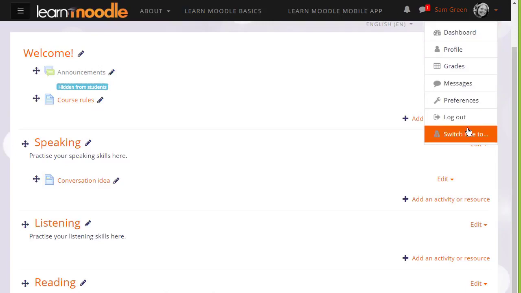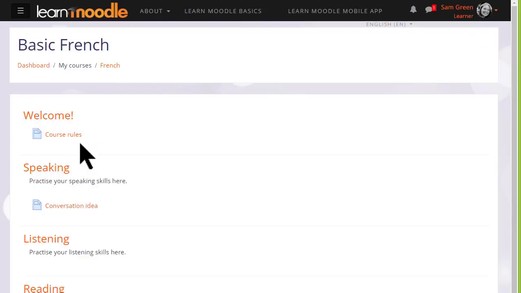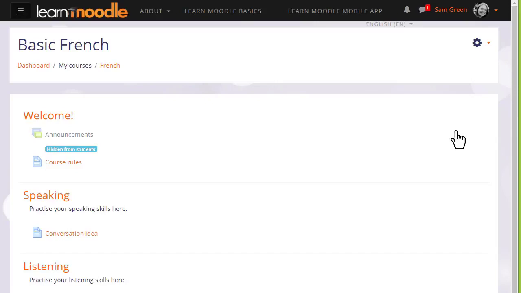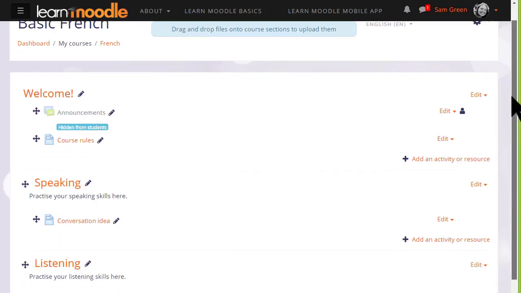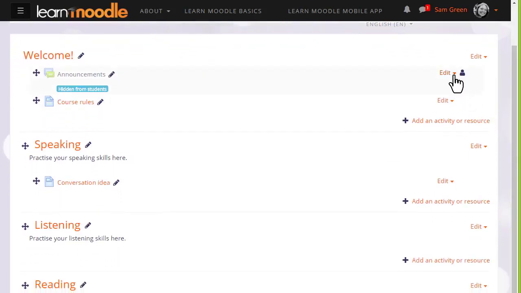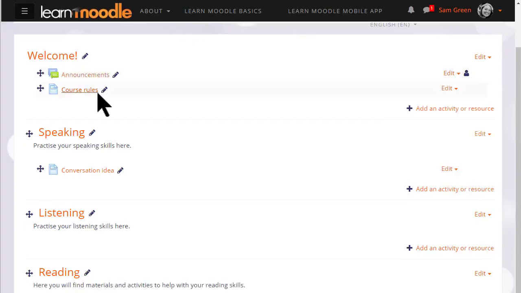If we go to our user menu, we see Switch Role To, and as a teacher, we can switch our role amongst others to a student, or, as we've renamed it in our course, learner. This then displays the course page as students or learners would see it, and the announcements are invisible because we've hidden them. So if we go back to the user menu and return to my normal role, remembering to turn the editing back on again, we can see that the announcements haven't vanished, it's just that we hid them with the icon. We will now unhide them so our learners can read the announcements and get started on the